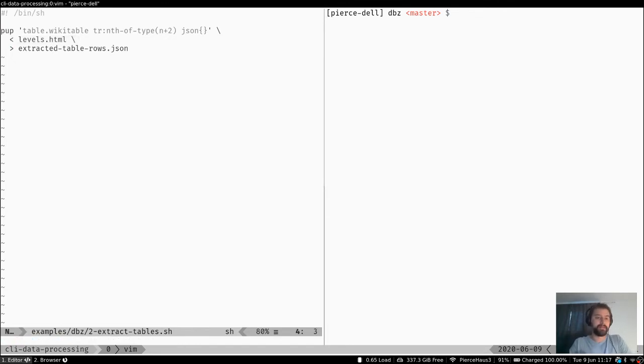So this angled bracket, so normally we redirect going into a file. This is redirecting and saying we want the contents of this file to go into this program. I could have easily just done the same thing by saying levels.html and piping it. This is just another style of doing that. So we're piping data from levels.html